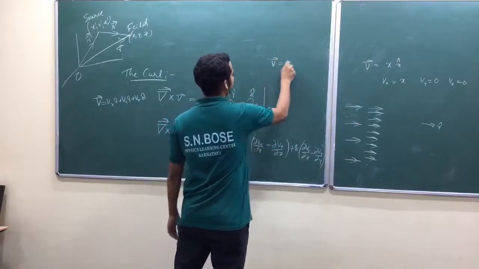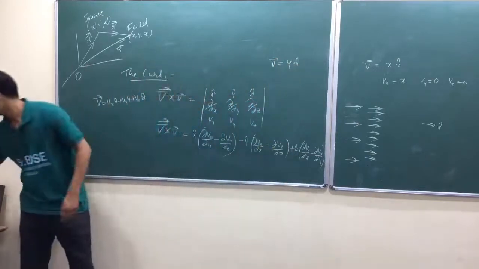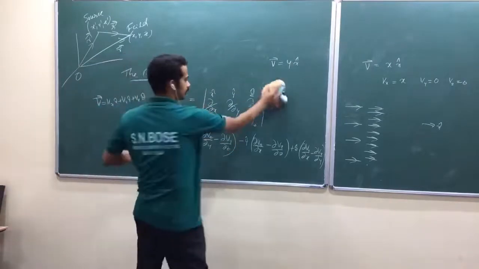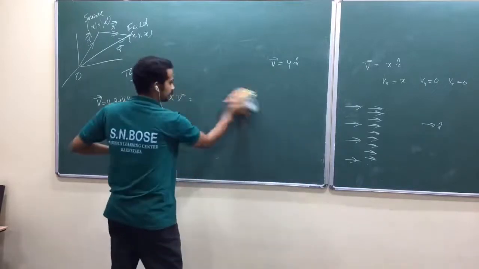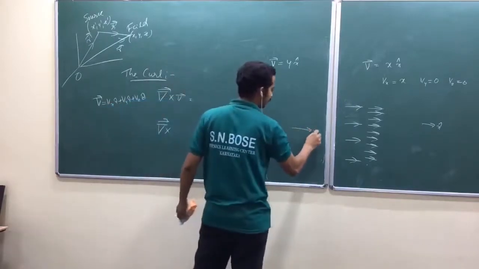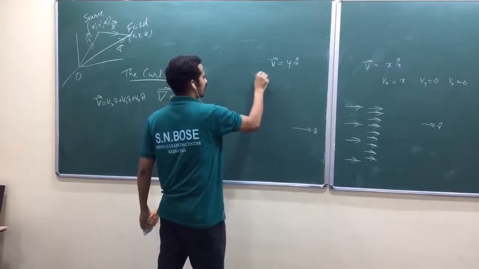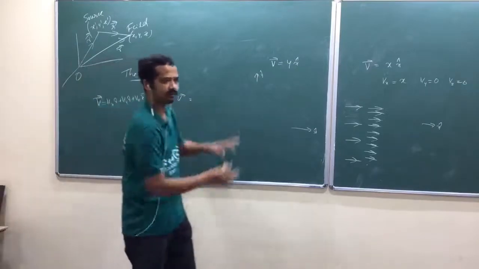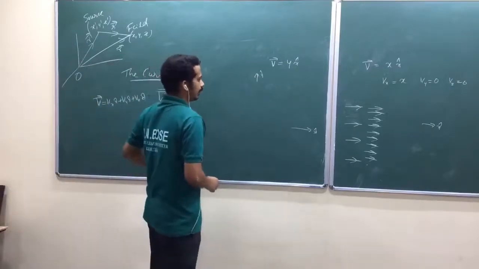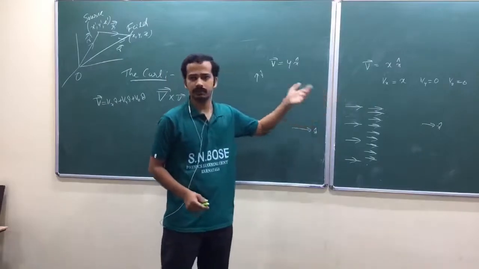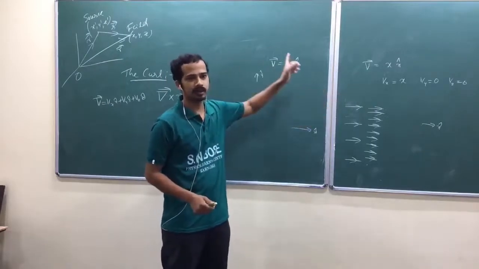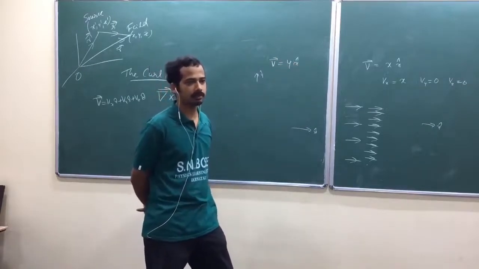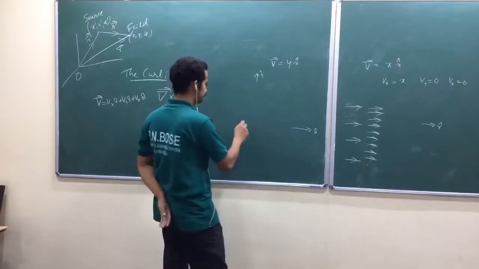But if I write V equal to y into x cap, what have I written? The x component, but the variable is y, isn't it? The variable is y. What do you mean by this one? This is x cap, this is y cap. Okay, I'm not very sure about drawing this vector field, very difficult. When you move along x cap, the strength should not change. The vector direction is x cap, but along y cap you have to increase. How do you do it?